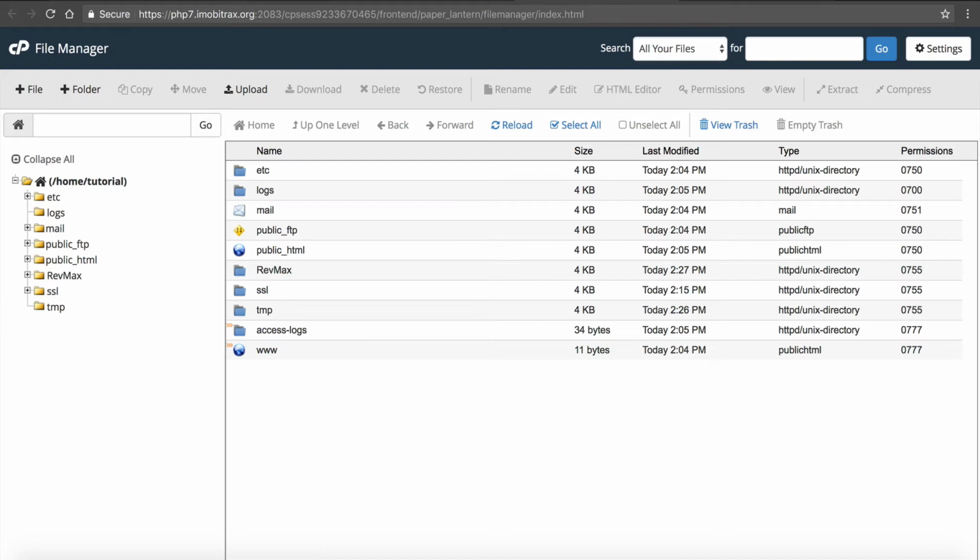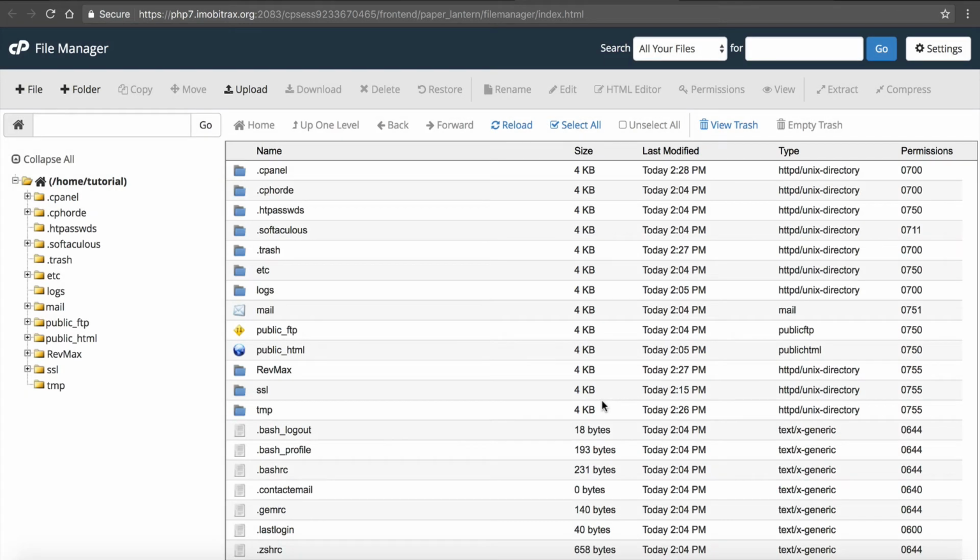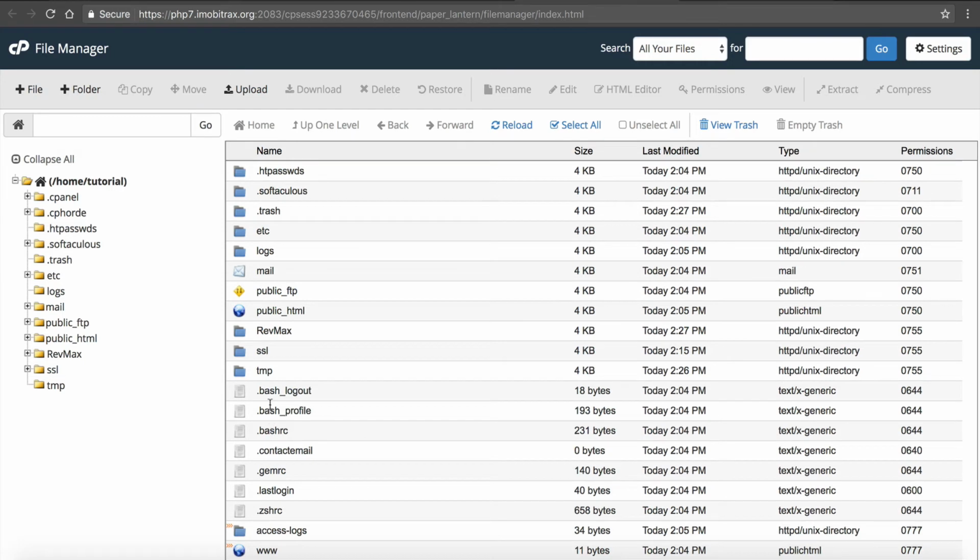So the first thing we need to do is make sure we can view all the files. So we click on Settings right here and click Show Hidden Files. For some reason, cPanel does not default to showing the hidden files, and you miss the htaccess files, which can be a pain in the neck. So we're going to do that and click Save. Now you can see we're seeing a few files here that we didn't see before,